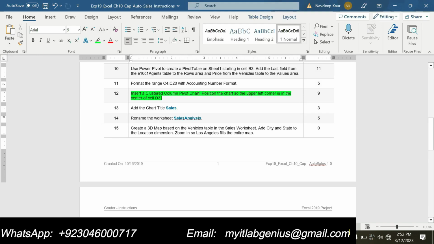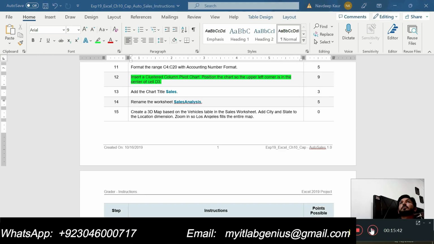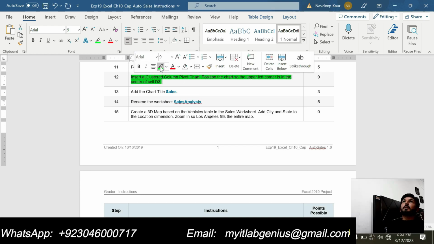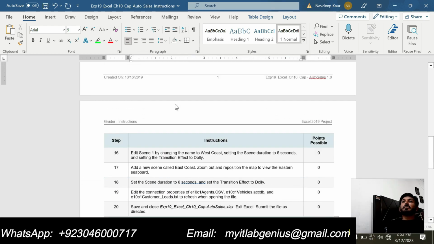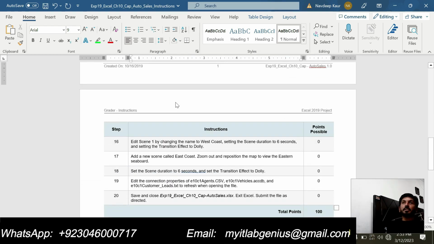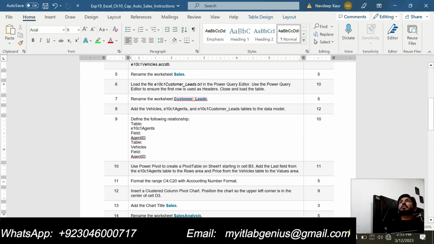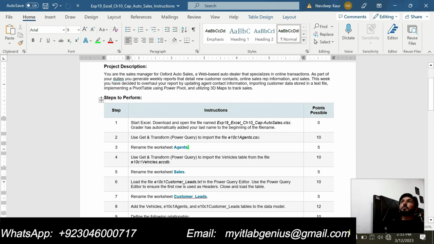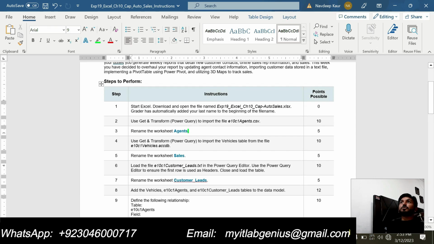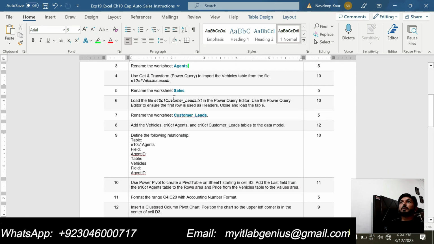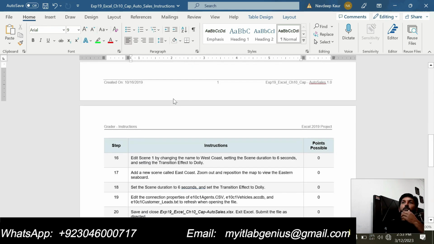So we are done with step number 12. So step number 12 is completed, and now we will do step number 13. So basically this assignment has 20 steps, and I have shown you 12 steps for this assignment, and you can do this assignment by following my videos how I am doing this assignment step by step, and you can do this as well. Now let's do step number